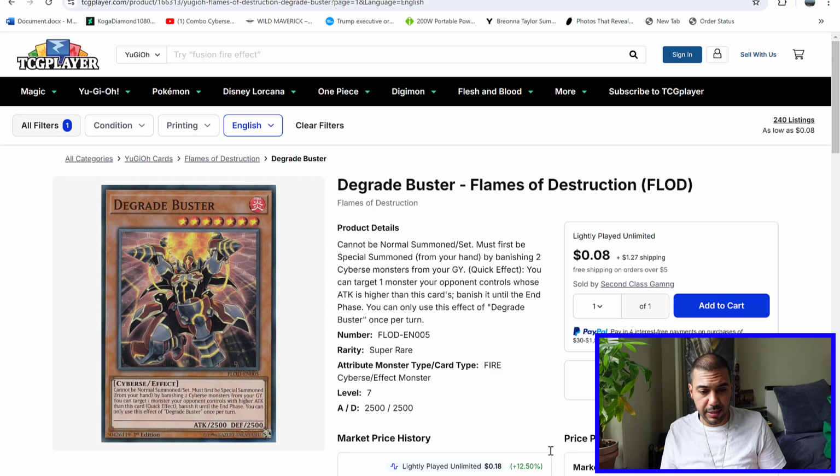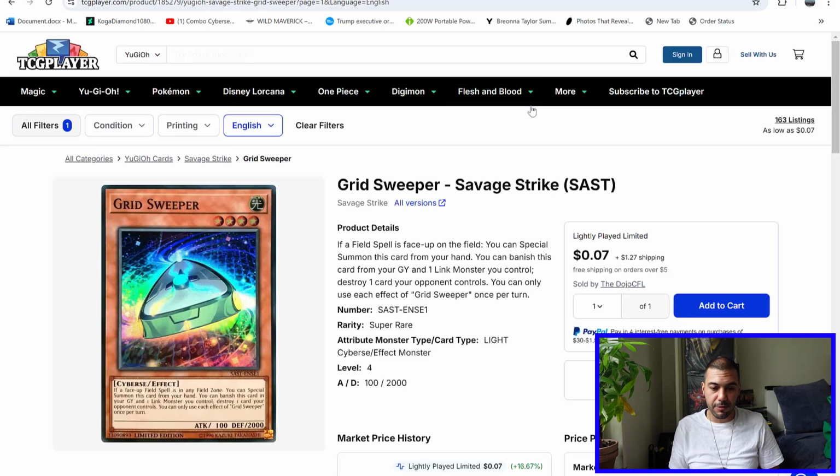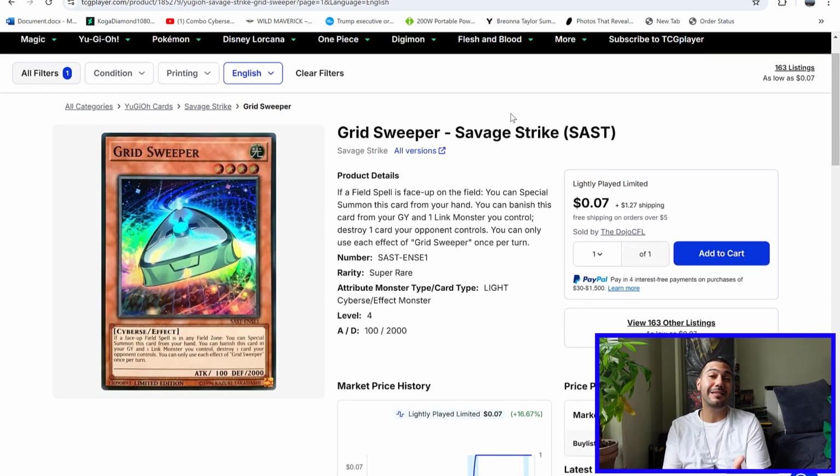Another one I think is really good is Grid Sweeper. Grid Sweeper, now that we have a decent field spell, that's actually pretty good. If there's a field spell face up, you could just get a free summon out of it. So it's a free summon. Also, what I personally think that this card could play really good